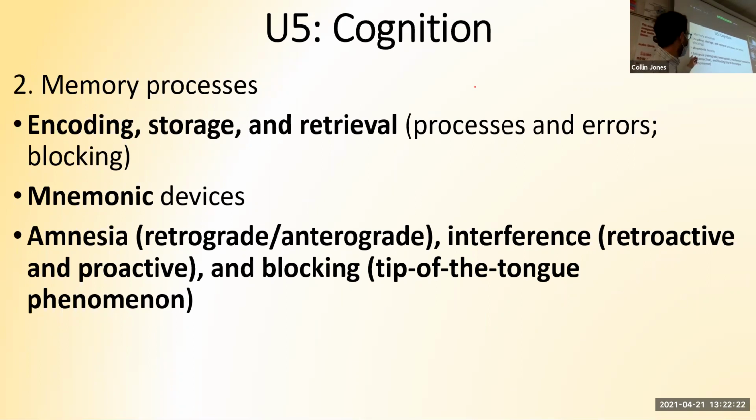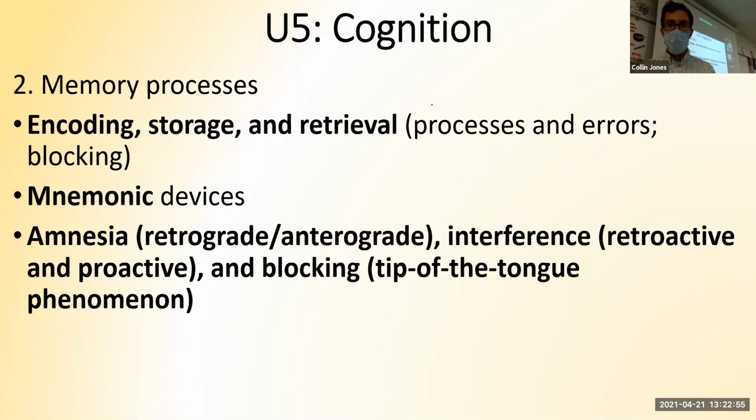Amnesia is always, there's an accident. Amnesia, a word, goes with an accident. So like you get hit in the head by a baseball, or you're in a car accident. You either will forget the things from before the accident, or the things that happen after the accident. Which one is retro? Forgetting the older stuff or the newer stuff? Retro. Retro is forgetting the old stuff. Retro means old, so forgetting stuff from before the accident. Anterograde amnesia is forgetting things from after the accident.